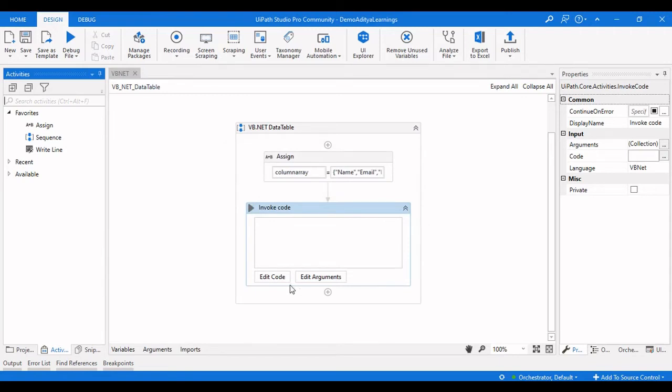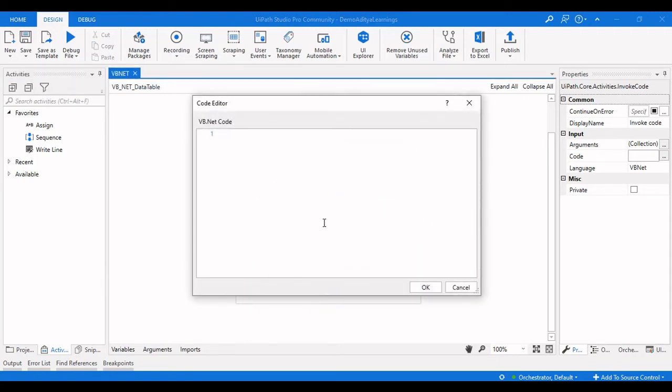Let us see the code now, how we can actually write a dynamic data table. The first thing we need to do is initialize the data table. For that we will use Dim. We are making this as table, and table as a new data table. It will create a new data table in the code to store that particular data and give us the data table as an output.